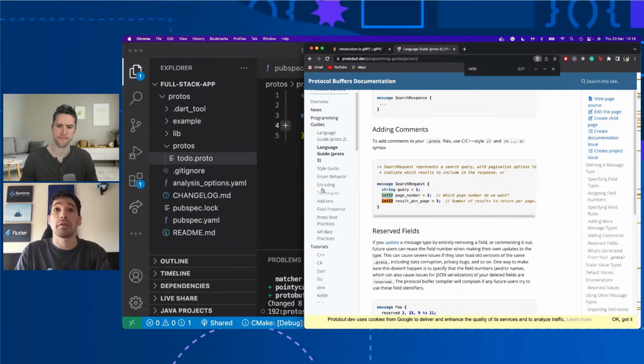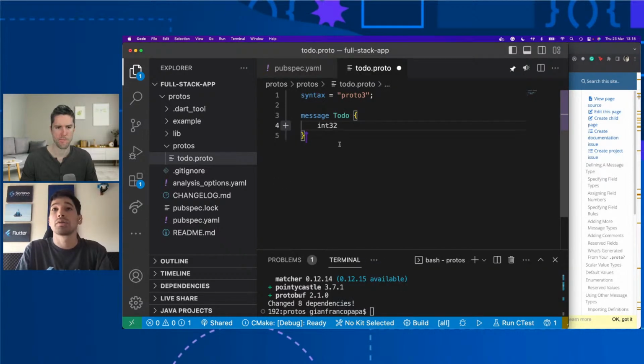We're going to use int32 for our ID. So we can define the name of the property, and remember to define an actual value that will be an incremental value. This is just for encoding the information, and we basically use the order of the fields. So instead of JSON, where you could read the key and value, here the number one will be the ID, but nothing else. And this has to be unique, right?